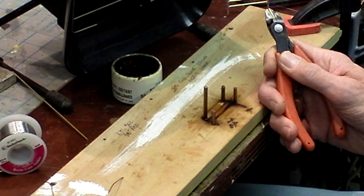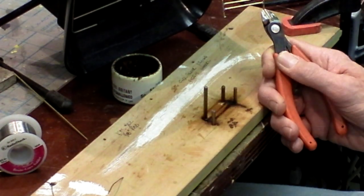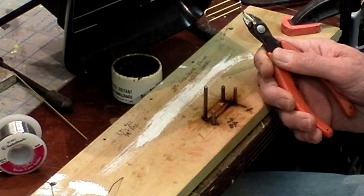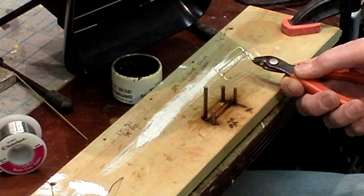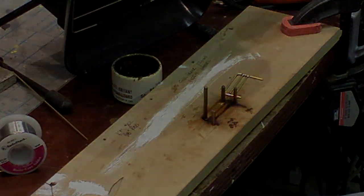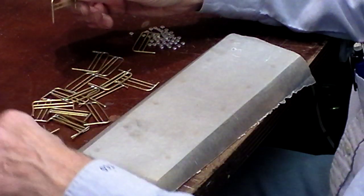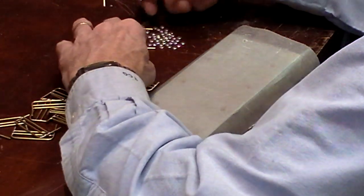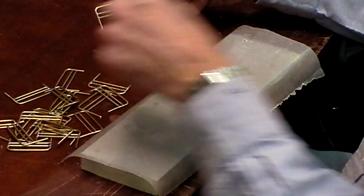Now I made a whole bunch of those, so I'm going to need like 24 of these to go around my Ferris wheel. So I'm going to get working on these, and I'll get these done, and then I'll show you what comes next. Alright, so I made 24 of these little fence pieces, and after I got done with them, I actually